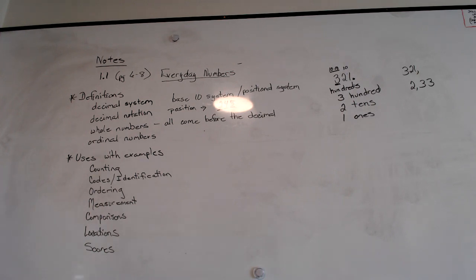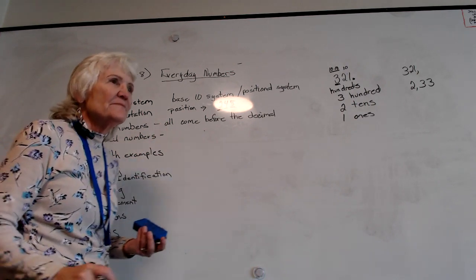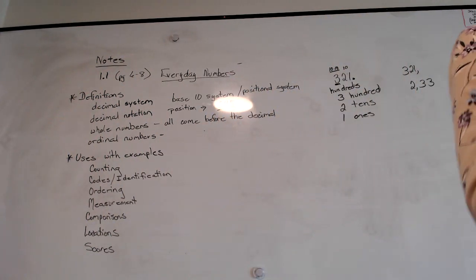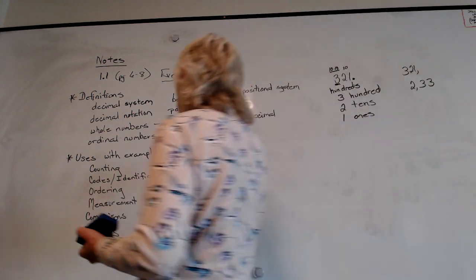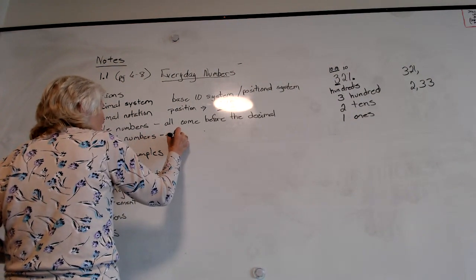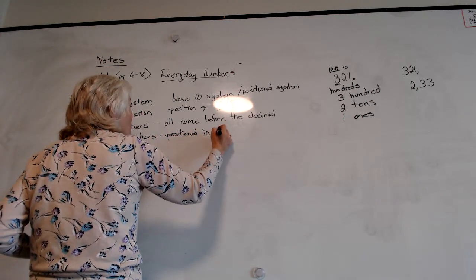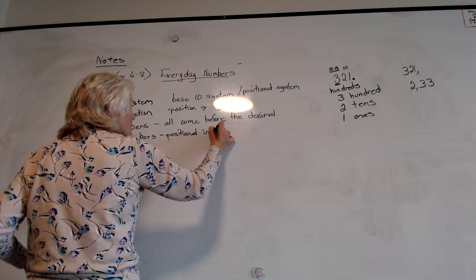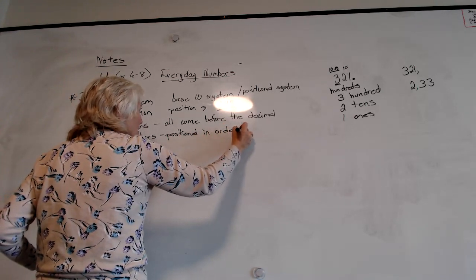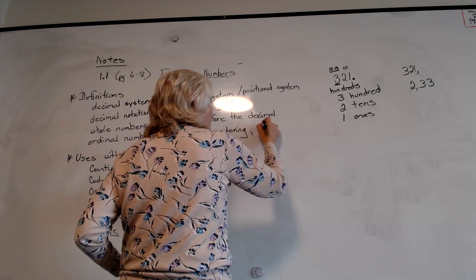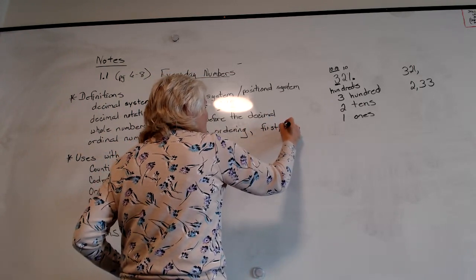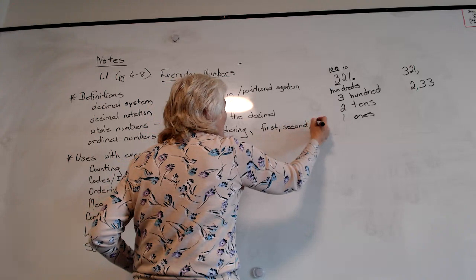Okay. Ordinal numbers, we use these a lot. That person came in first in the race. The next person came in second. So ordinal numbers are basically positional, in placement or ordering, in order. Hence first, second, it's a different way of writing them, third,